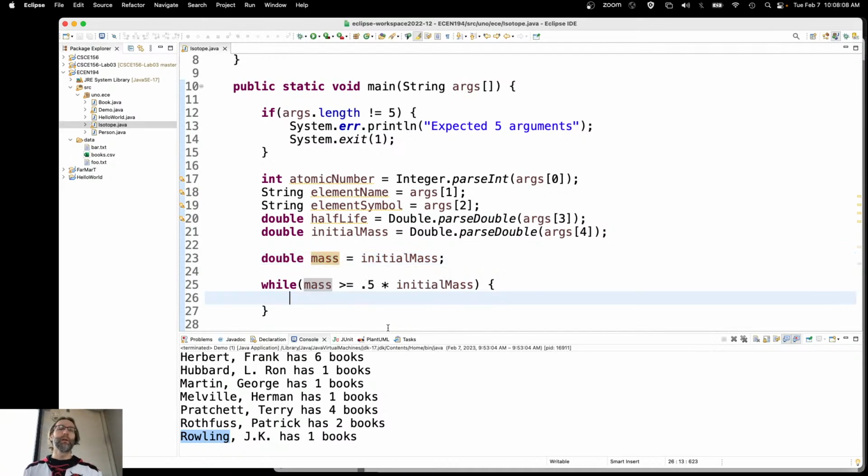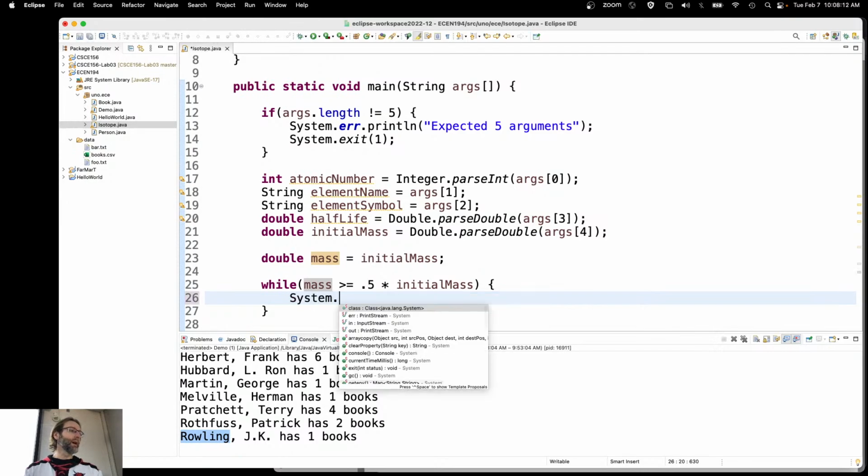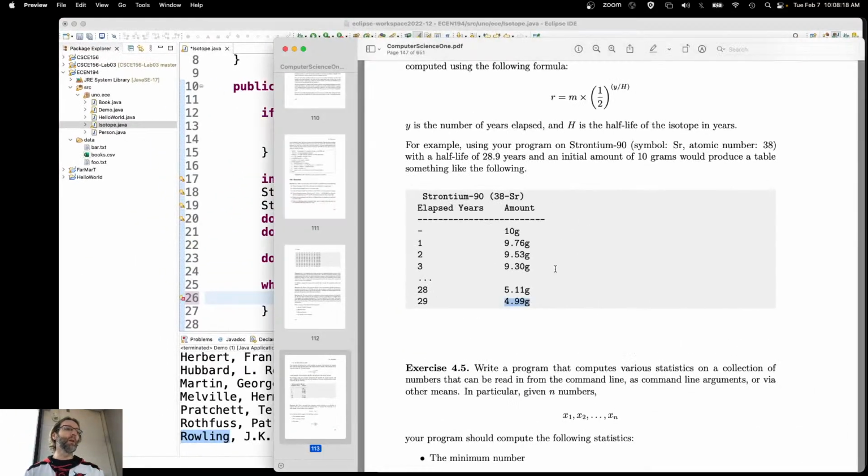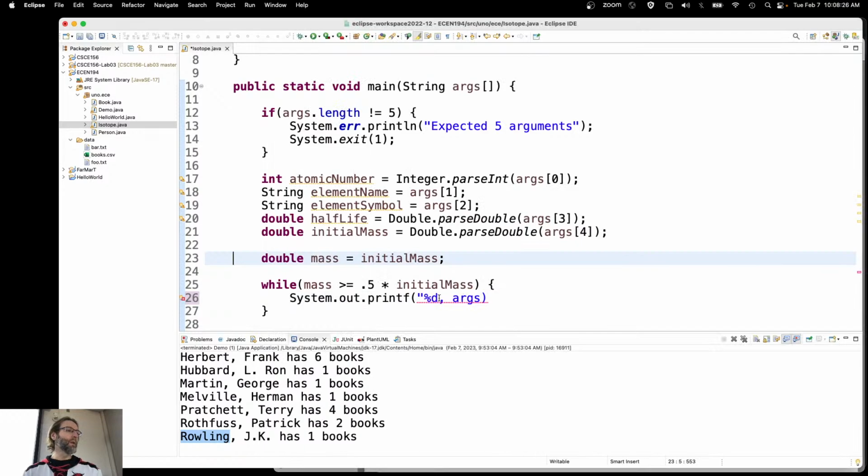Let's go ahead and print this out. System.out.printf, %d for the year. I've only got two columns here, the elapsed year and the rest of this stuff. We'll come back and do the header here in a second. But the elapsed year,